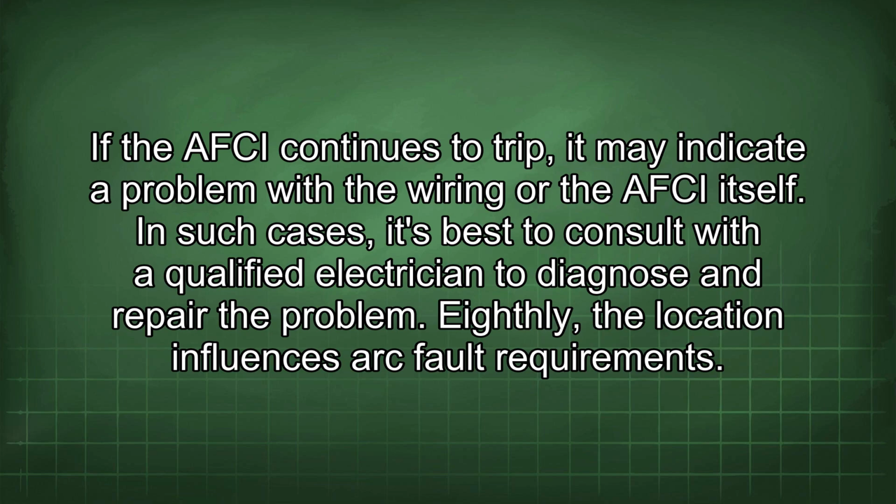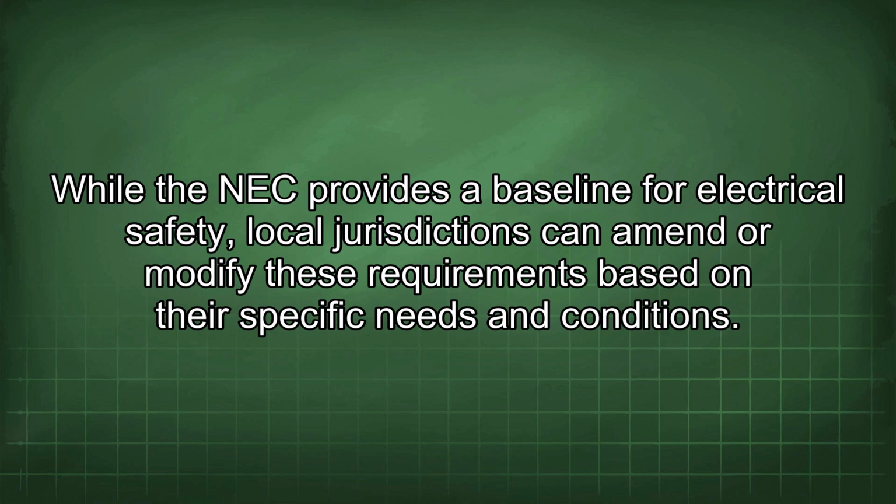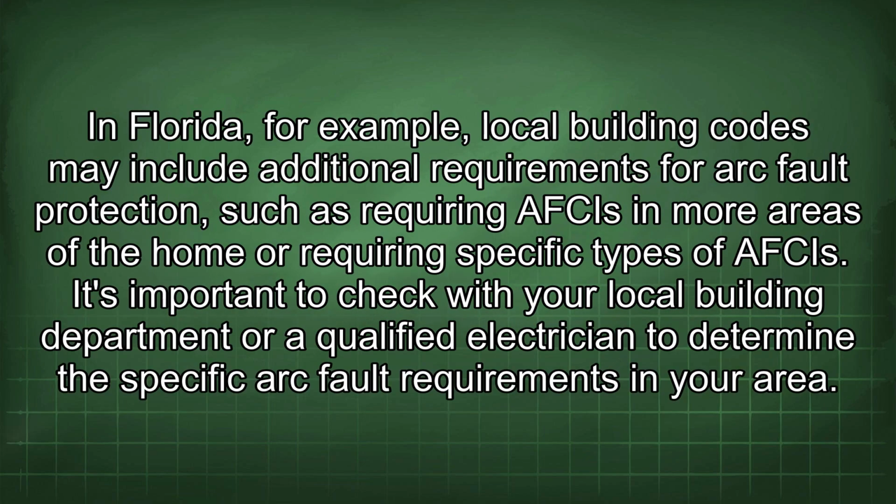Eighthly, the location influences arc fault requirements. While the NEC provides a baseline for electrical safety, local jurisdictions can amend or modify these requirements based on their specific needs and conditions. In Florida, for example, local building codes may include additional requirements for arc fault protection, such as requiring F-sides in more areas of the home or requiring specific types of F-sides. It's important to check with your local building department or a qualified electrician to determine the specific arc fault requirements